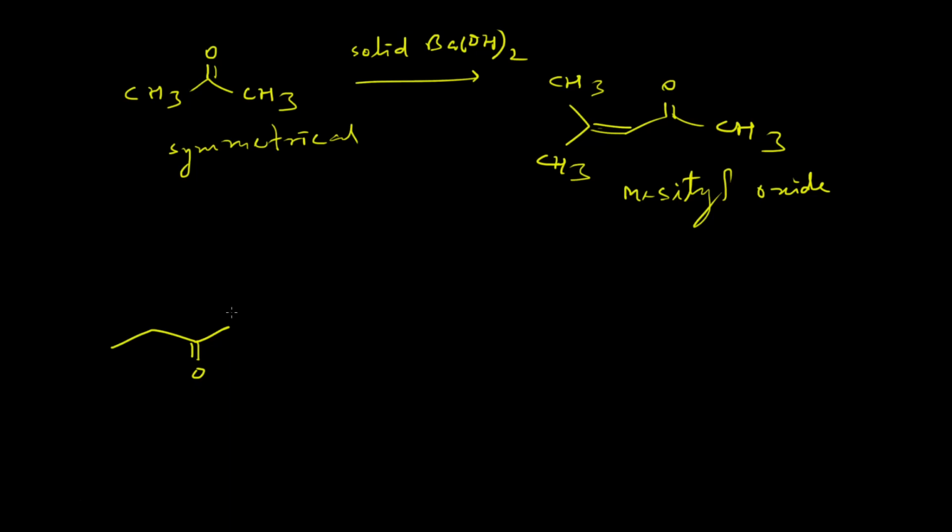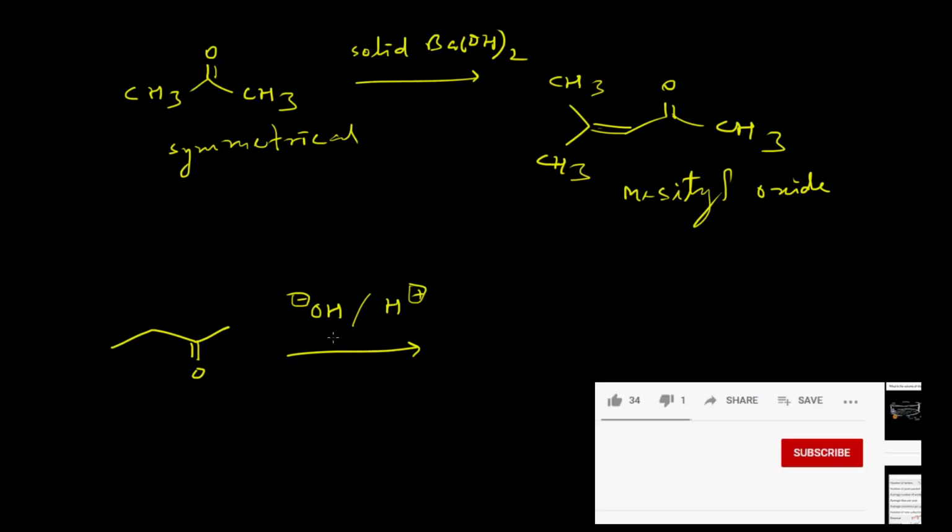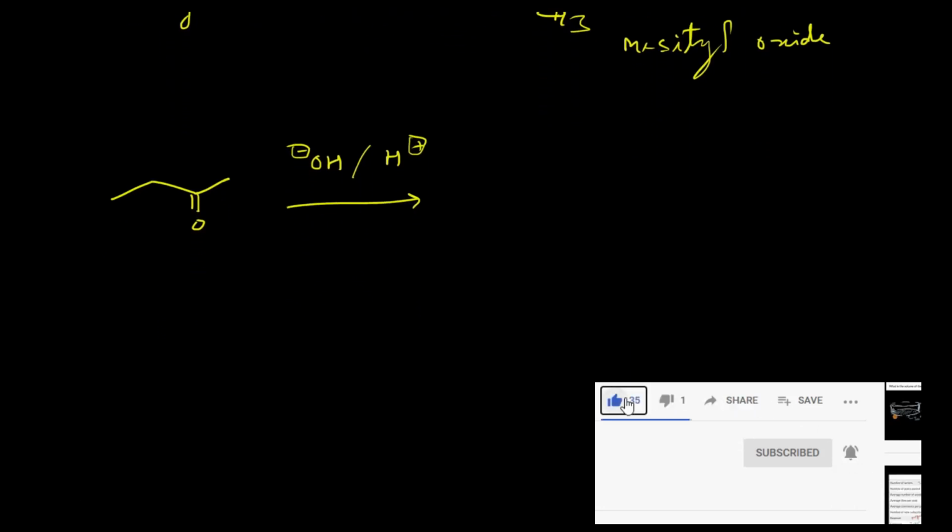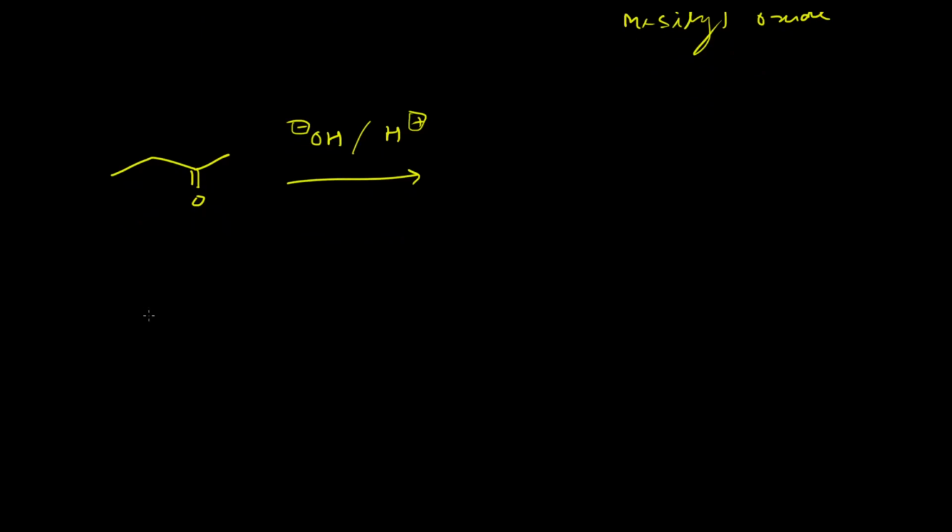because on the right hand side only a methyl group is there, but on the left hand side an ethyl group is there. Now if we consider the aldol reactions in basic medium as well as in acidic medium, then there will be a competition among the product formation depending on the different reaction conditions. Let us consider the mechanism, and then we can easily predict which product will form in basic condition and which product will form in acidic condition. First let us consider the base catalyzed aldol reaction of 2-butanone.